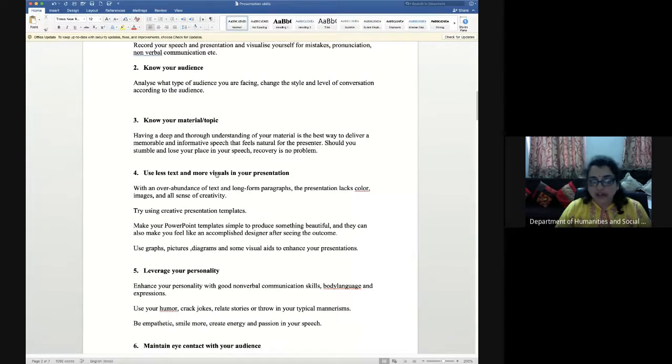Like you can use graphs, tables, you can use pie charts, flow charts, and all those things, so that with those diagrams and with those charts, you are able to give your presentation and no text is needed, because you are already using the text when you are speaking. So the same text, if it is written on the slides, it does not make any sense, because the audience will not read that slide because they don't have that much of time. So they are listening to what you are saying, and if you are explaining it through diagram, then it becomes more visual and more observation is very clear for the audience, and they try to understand it better.